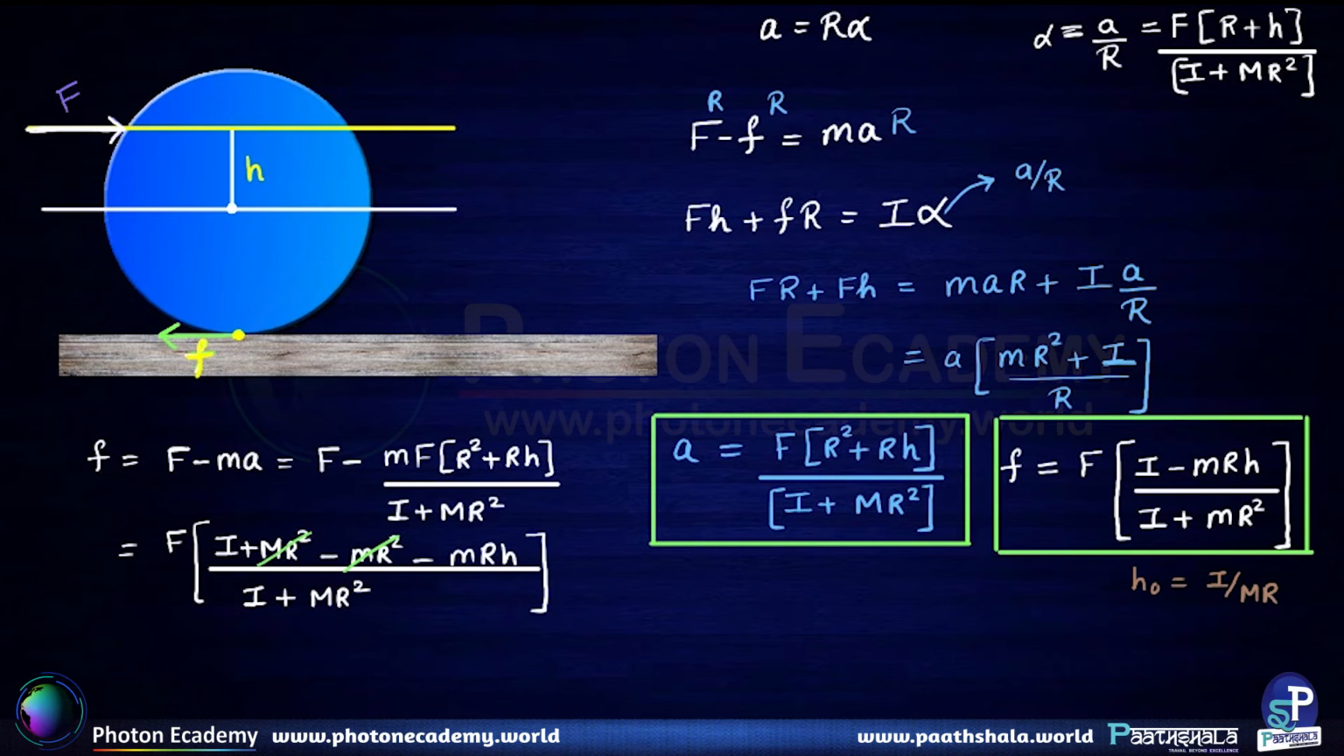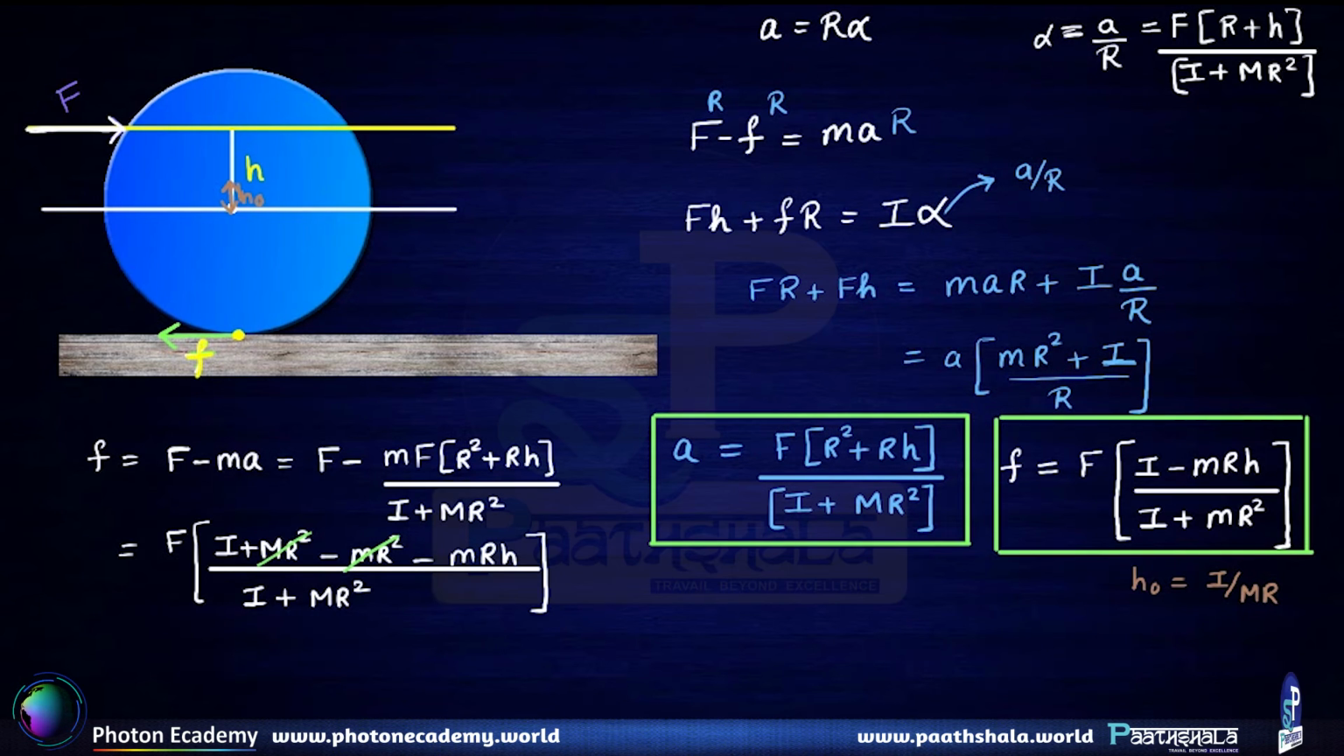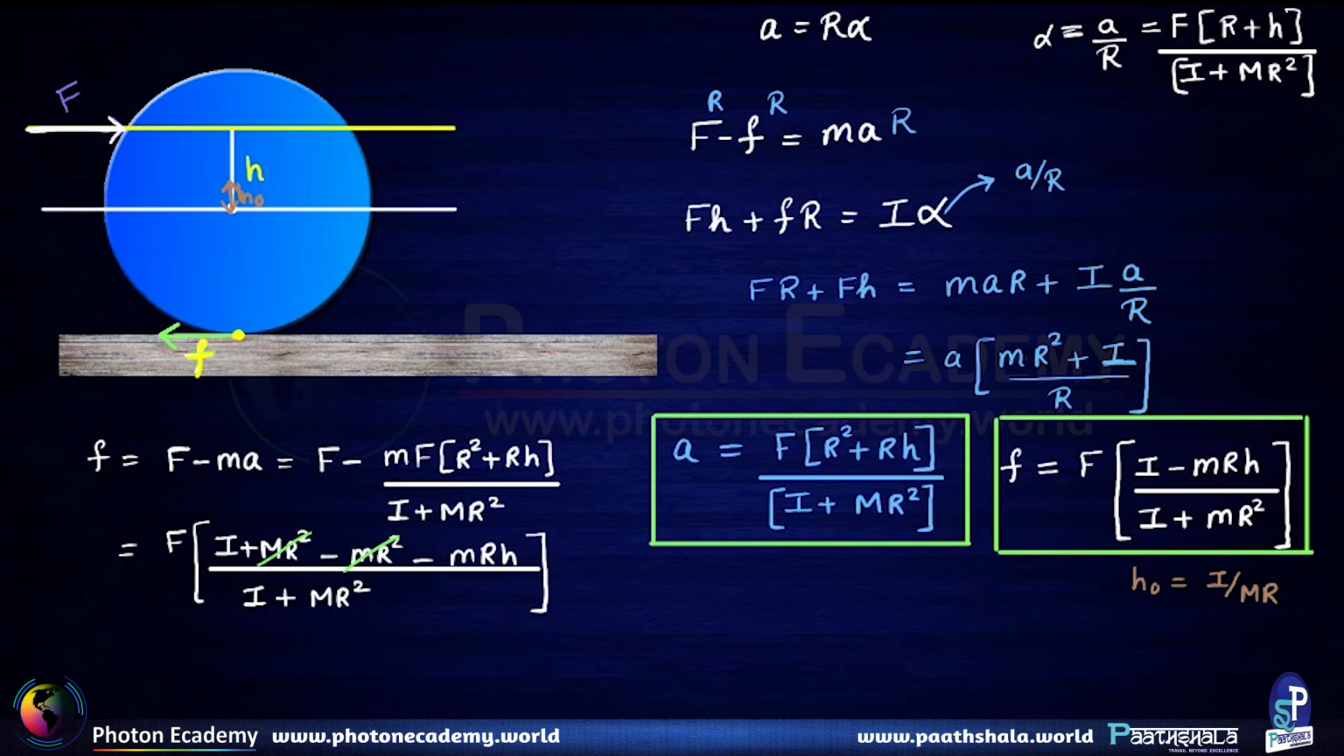This particular height h naught: if the force is applied anywhere below this height h naught, then in that case the friction is always going to be backward. And if the force is applied above this height h naught, then in that particular case the friction force can be forward as well, because what is going to happen is